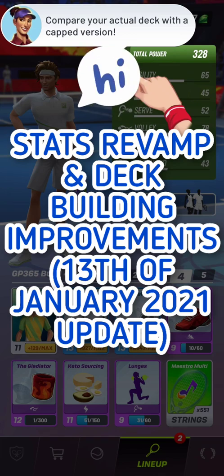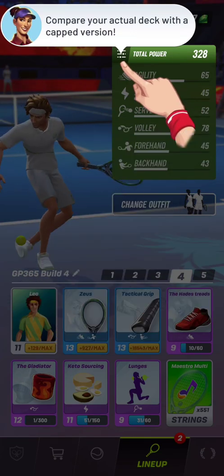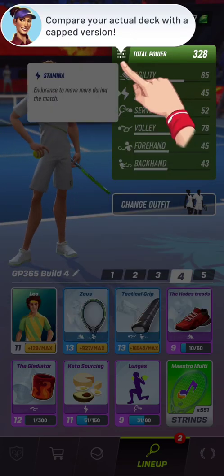Let's talk quickly about the deck building improvements, then the Stats Revamp update released on the 13th of January 2021 in Tennis Clash, a sports game published by